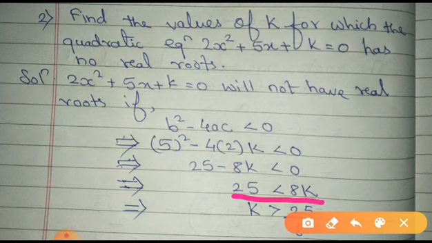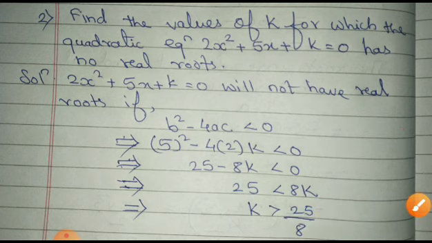So I have to find the condition on k. Okay, so can I write it as 25 by 8 is less than k? That means it is the same as k is greater than 25 by 8. Okay, instead of the right hand side, I have just written that k on its left hand side. But whatever the inequality, it is the same. k is greater than 25 by 8. Okay, that will be the value of your k.